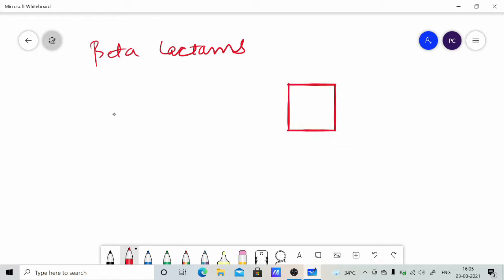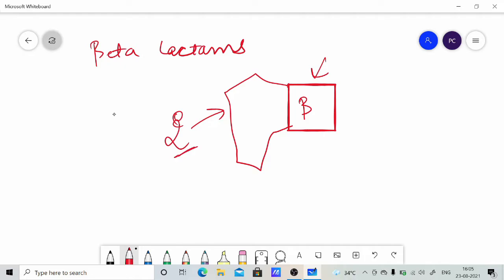Now let's start with beta-lactams. Why do we call them beta-lactams? Let's talk about their chemical structure. In beta-lactams, we have the primary beta-lactam ring. This is the primary ring and this is the secondary ring. On the basis of secondary rings, beta-lactams are classified into different drugs, that is